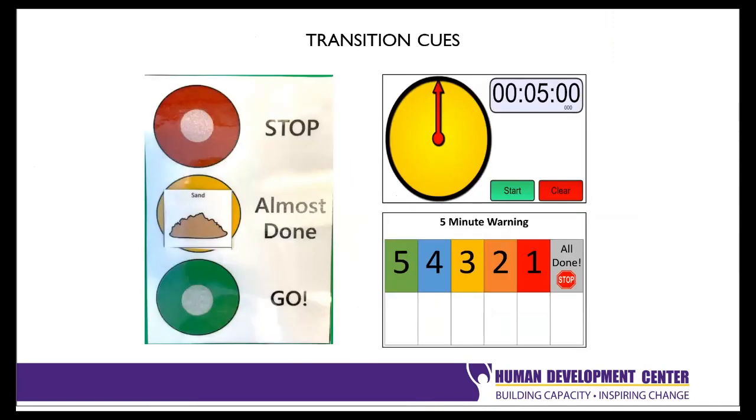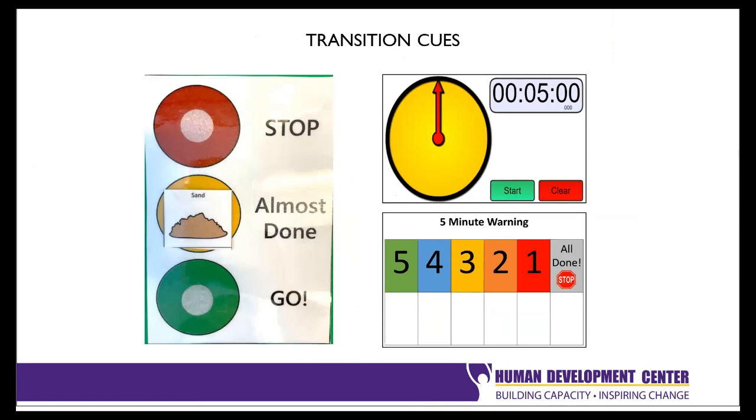Here are some examples of visual transition cues. This first one on the left, the stop, almost done, go, that just lets the student know how they're moving through that activity, when it's time to start, when it's time to maybe start thinking about cleaning up, when it's time to stop and move on to another activity. There's also an example of a visual timer up here. And the student can just watch that time click down on this clock. The clock changes color as the time ticks down,